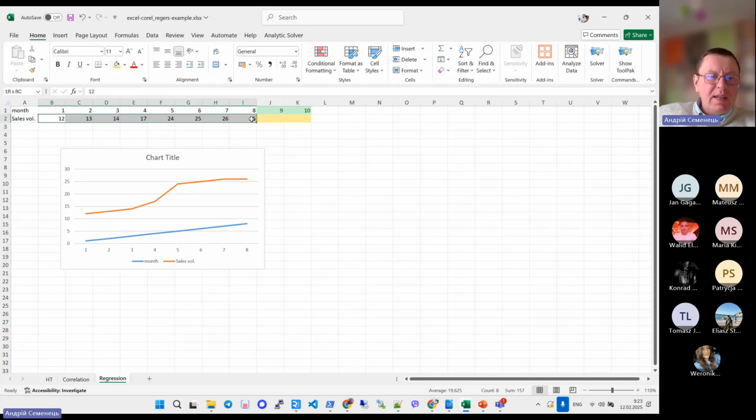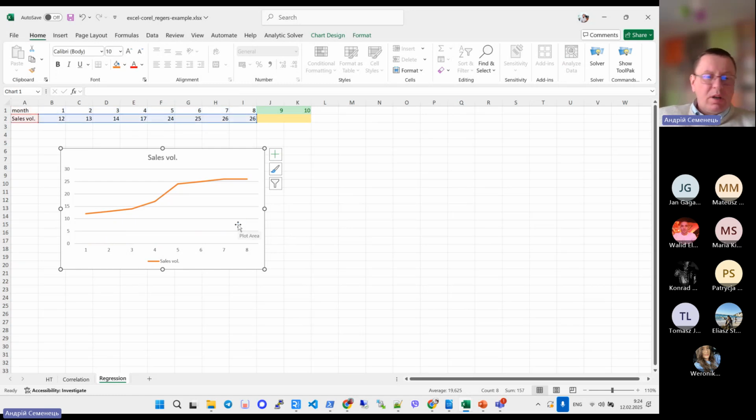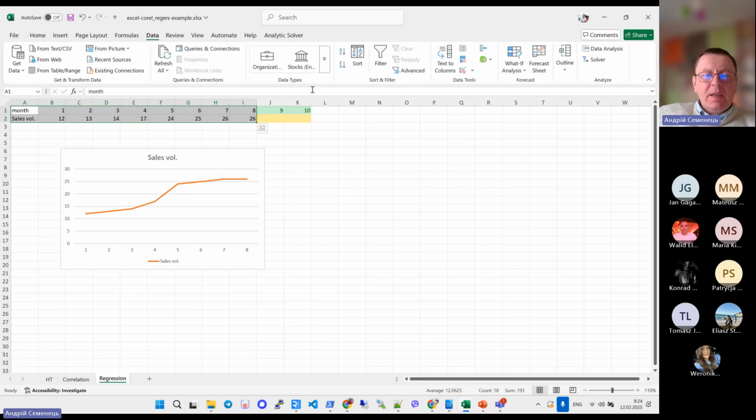In fact, we have only sales as our data, and the month number is our independent variable, so it's only a number, like a label for the x-axis. It must not be depicted as a separate line. So at least we have to either remove it or use a better type of chart,